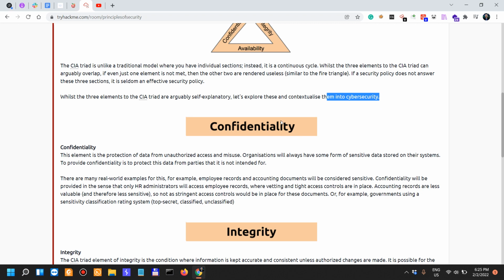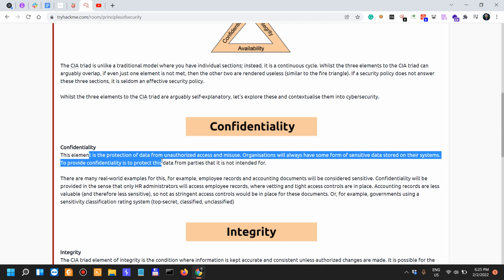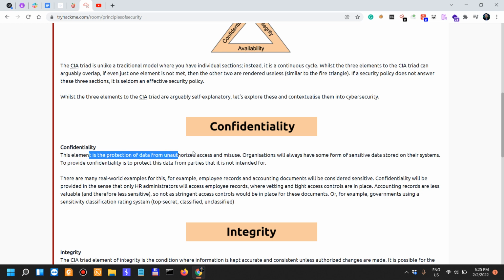So what does confidentiality mean in terms of cybersecurity? It actually refers to the protection of data from unauthorized access. This is really important to know. Organizations will always have some form of sensitive data stored on their systems. So when you're actually testing an application, let's talk about a web application. If you're testing, for example, a blog of a company, that's probably not going to hold a lot of sensitive information